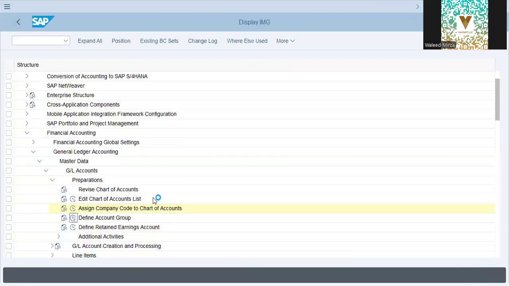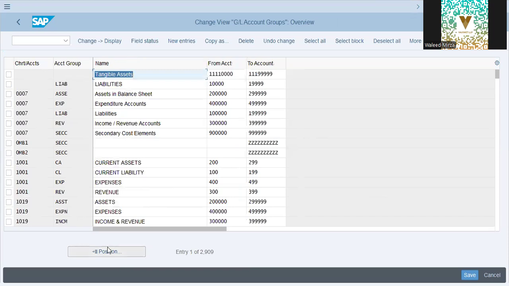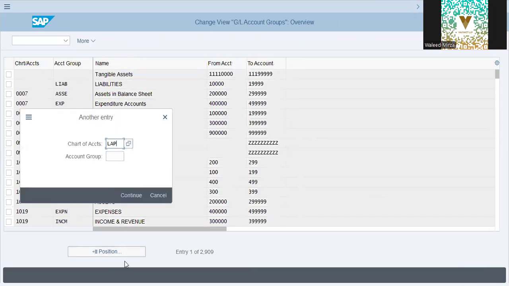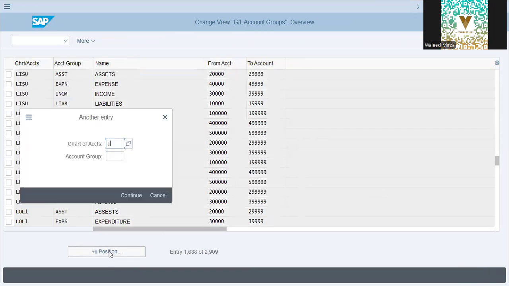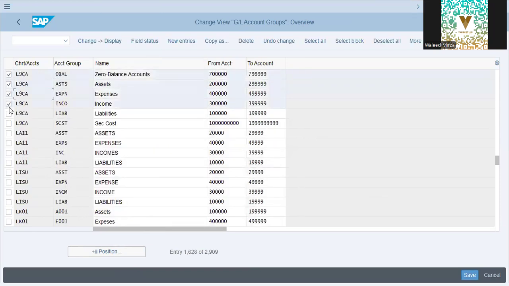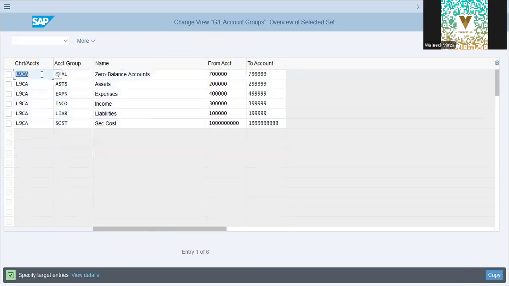Define account group. Now this is an important step. LFP 9. 9. L9CA. We'll just copy this as a template. Okay. Copy as tab 9. Control Y. Select